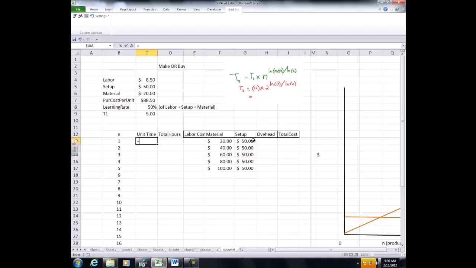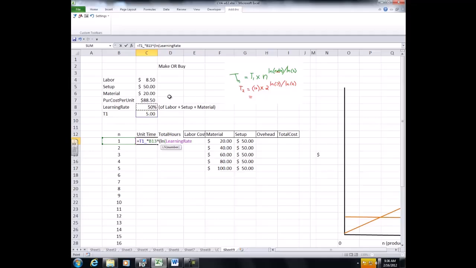So the formula would be T1, what's T1? That's this one. Okay? Times n, that would be this, raised to the power, and I'm just applying this formula here, okay? Raised to the power ln, the ratio is,